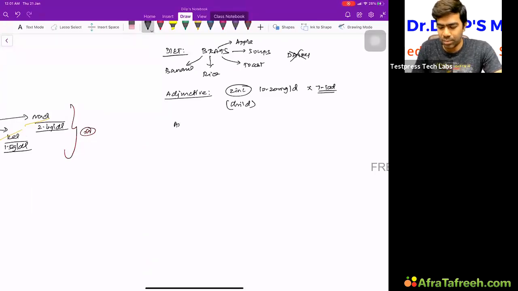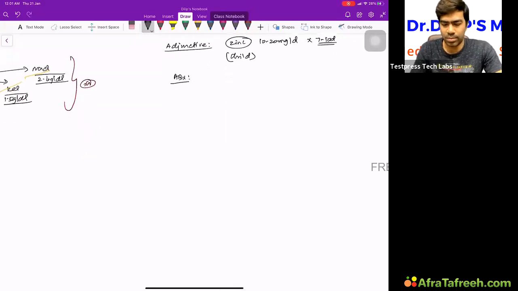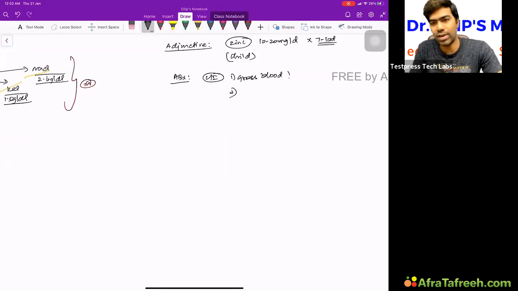And antibiotics, as far as antibiotics are concerned, there are some quite indications for antibiotics. More than indications, you need to know the contraindications first because they are the most important. Number one, gross blood in stools, which means the patient is telling a frank blood in stools. You should not give antibiotics. Antibiotics are contraindicated, and typically, if you know that the patient is having